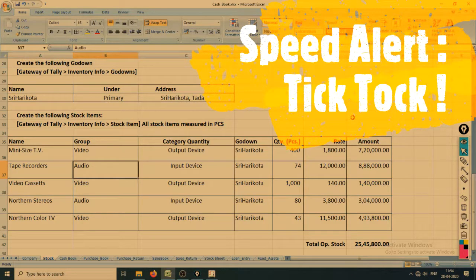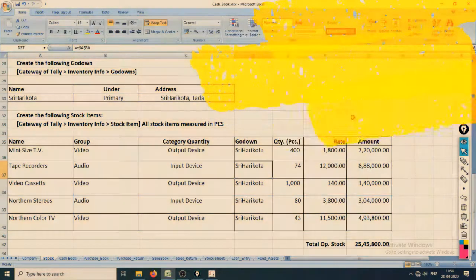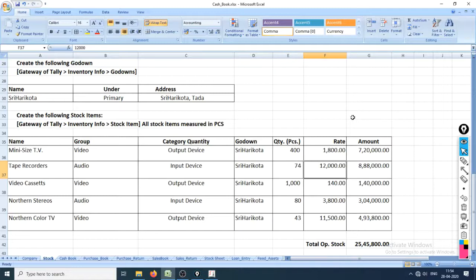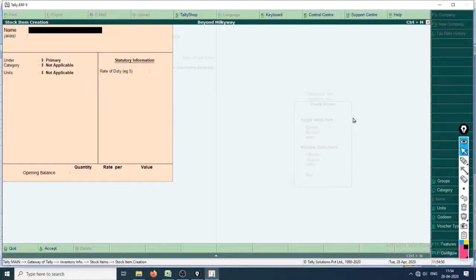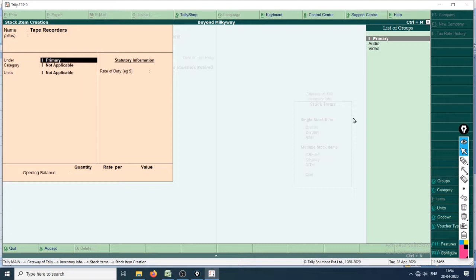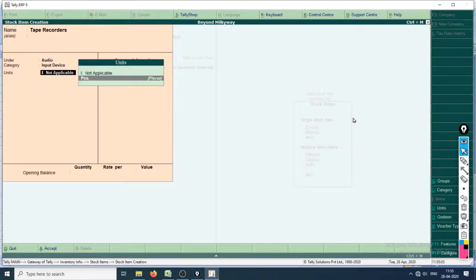Tape recorders, group is audio, category is input, godown is Sri Harikota, 74 into 12,000, it is equal to 8,88,000. Okay, tape recorders, under the head audio, right? Category is input device, and units is pieces.